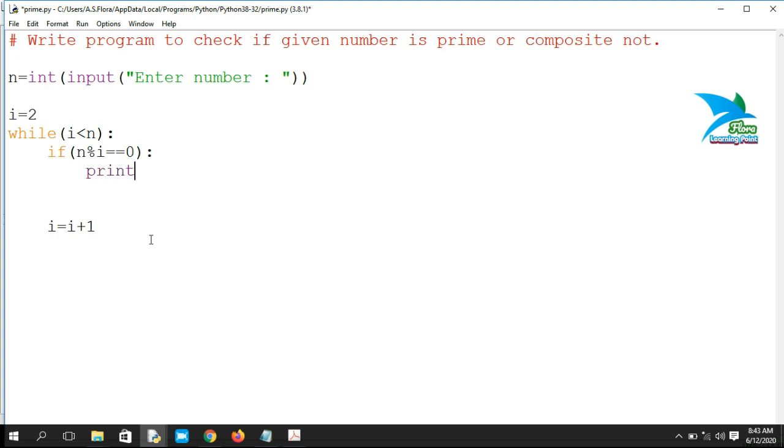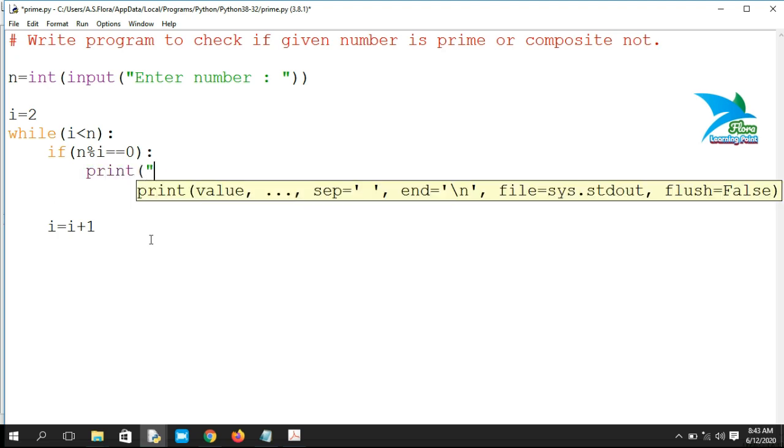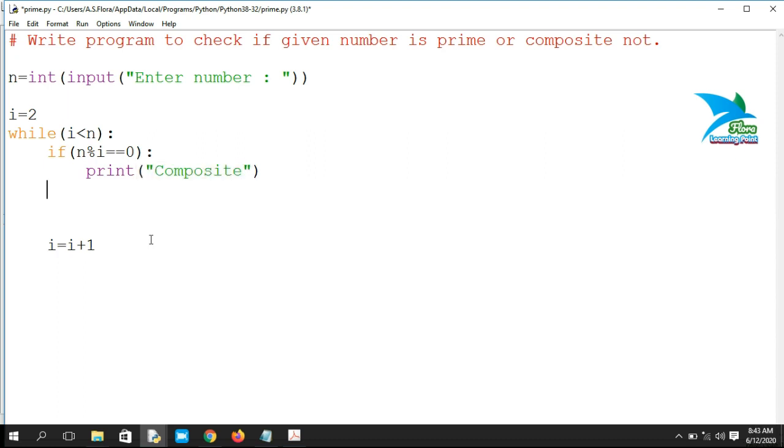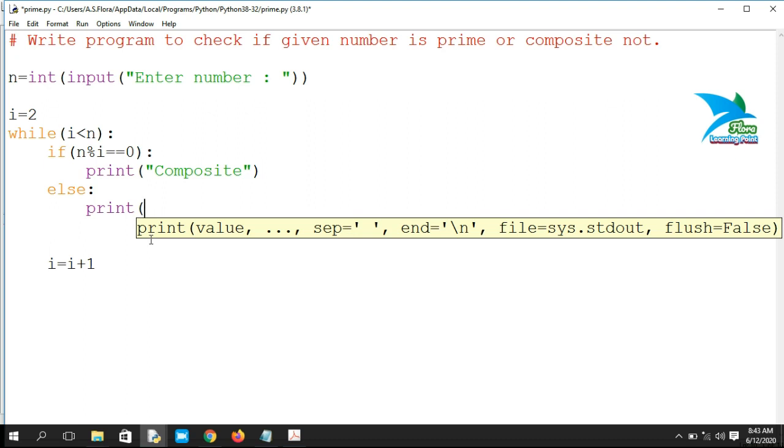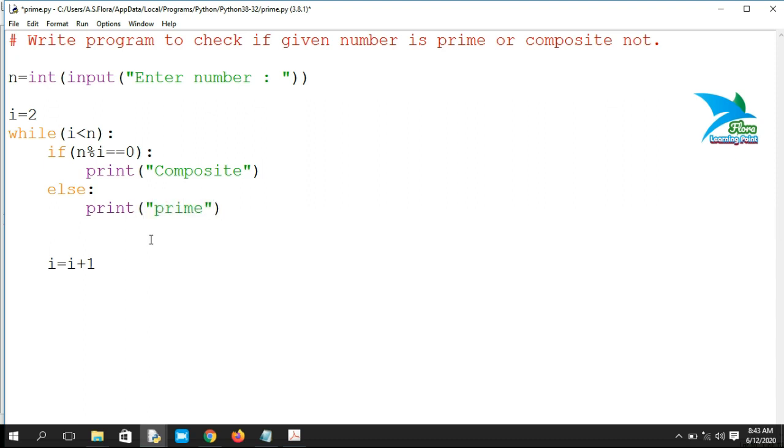So if it is divisible, then the number is composite, or if it is not divisible, then the number is prime.